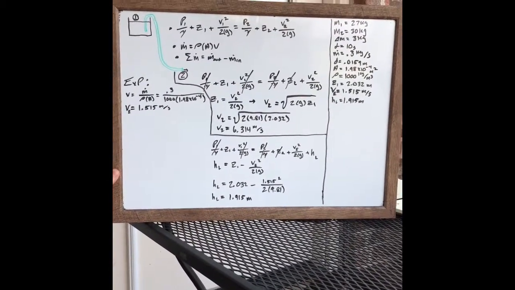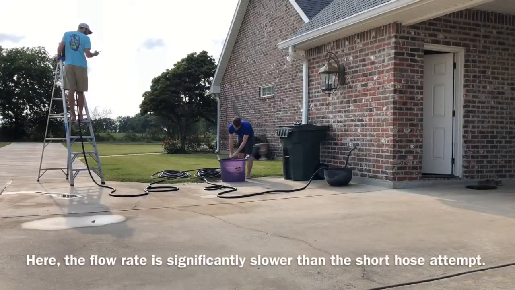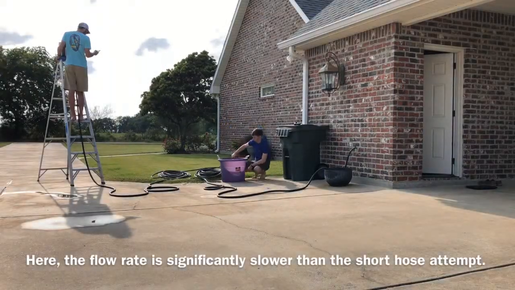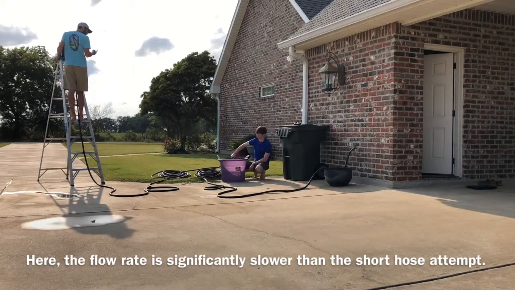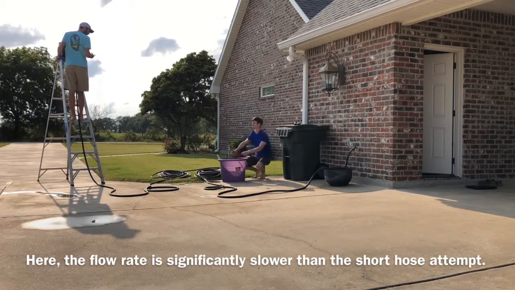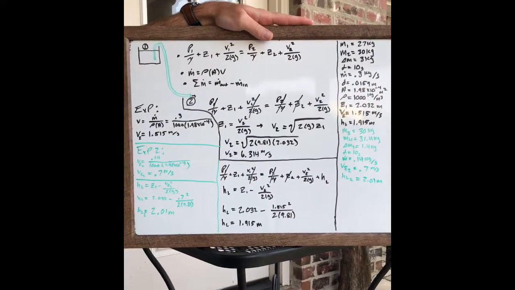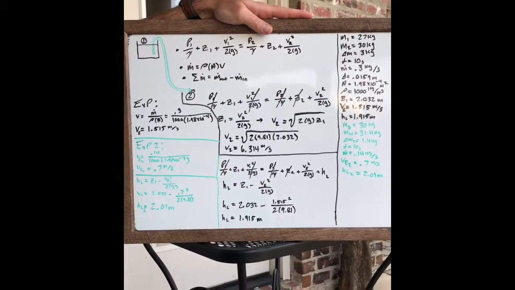So what happens if we use an even longer hose? Well, let's go find out. So when we did our second experiment, which is in blue marker, we found that our mass flow rate is